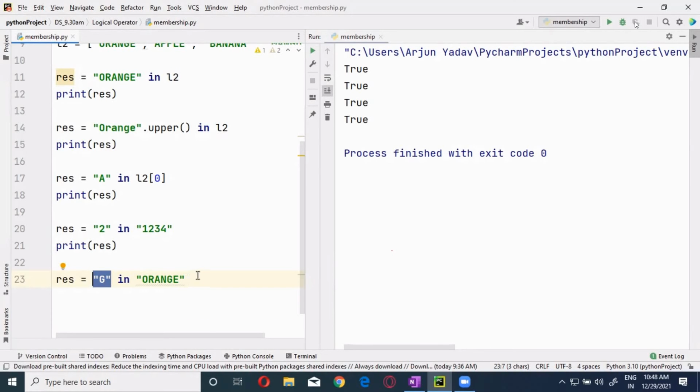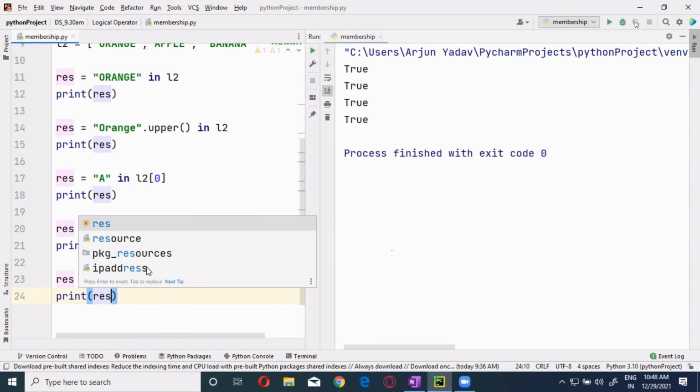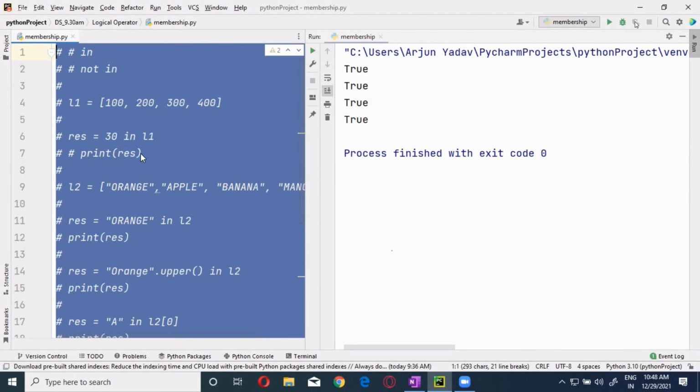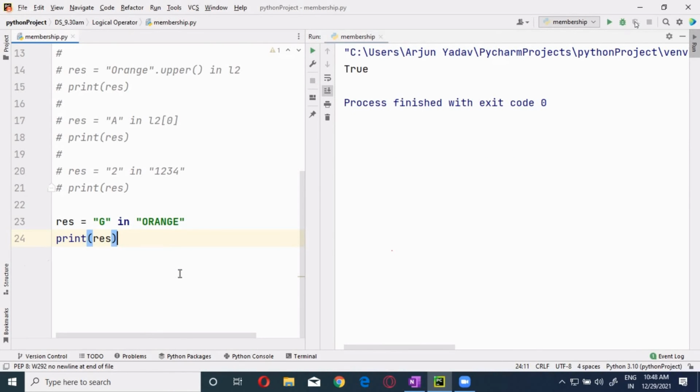So that is what it is. That's what I did over here. Now L2 of 0 is nothing but orange. This orange is a string. String is a sequential data type. So you can find it over here. This also you are going to get true.